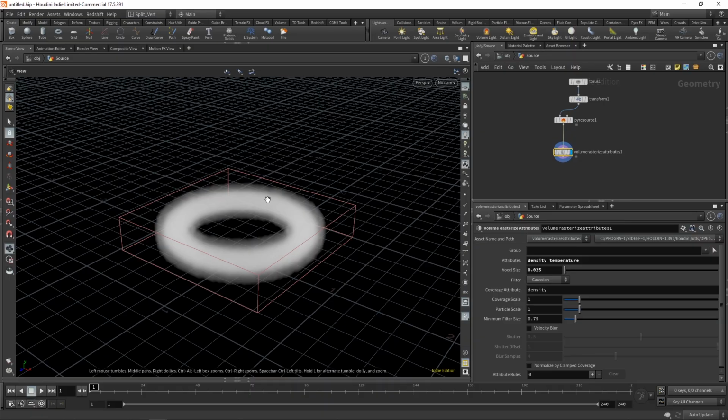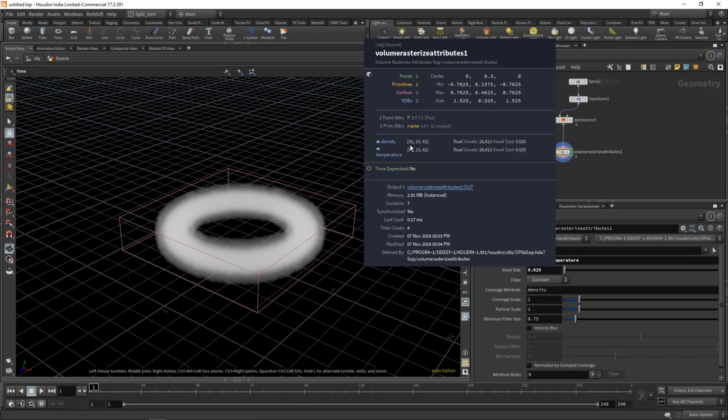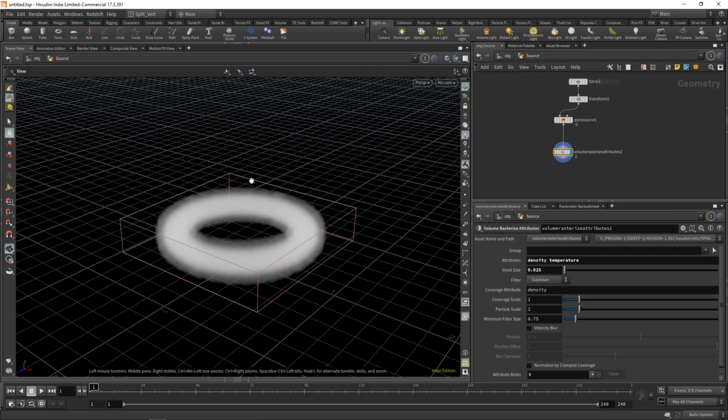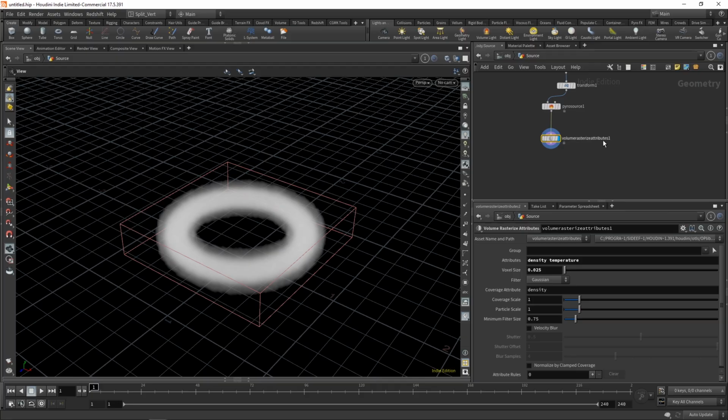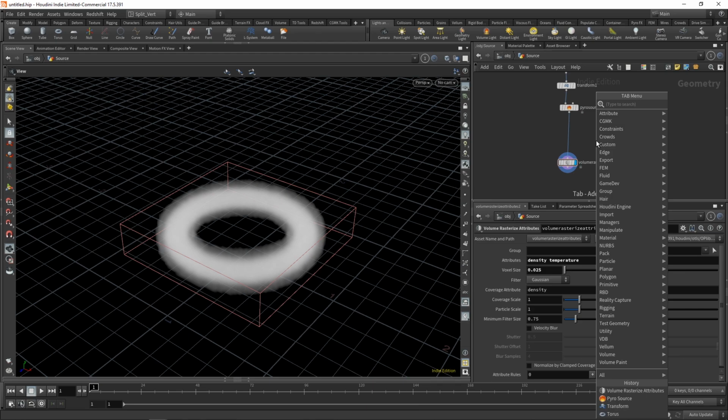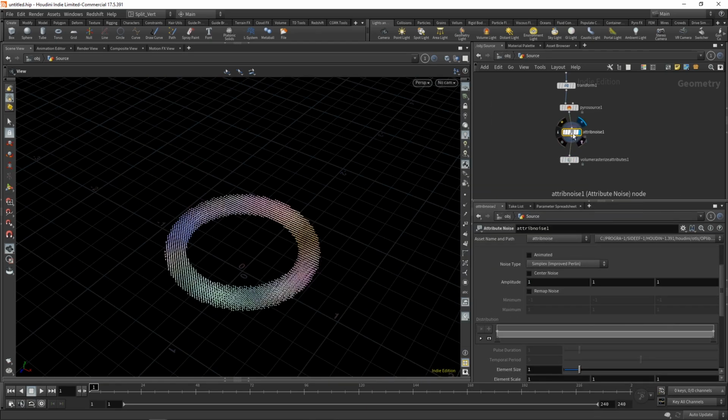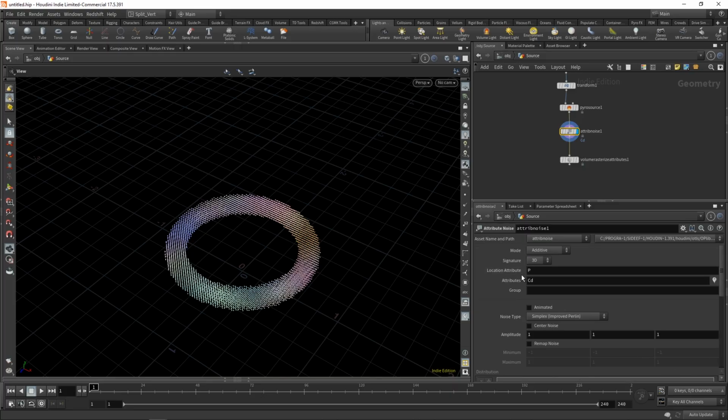Now, this isn't just one volume. We're actually looking at two volumes. If you middle mouse button here, you'll see that you have a density volume and a temperature volume. This is what's actually going to be the source. Of course, this isn't a very interesting source. It's very uniform, so we need to add a bit more variation here. And there's a node that makes that really easy, which is called attribute noise. The attribute noise is always going to reference the position by default, and it's going to be applying it to the color. But let's switch the signature to 1D, and let's leave it at the color for now